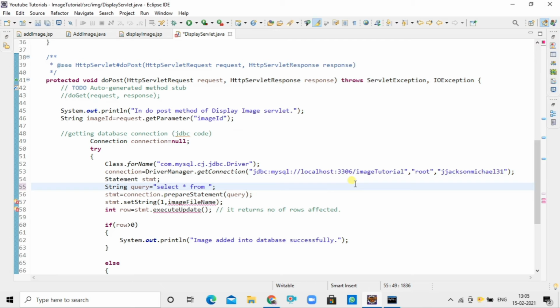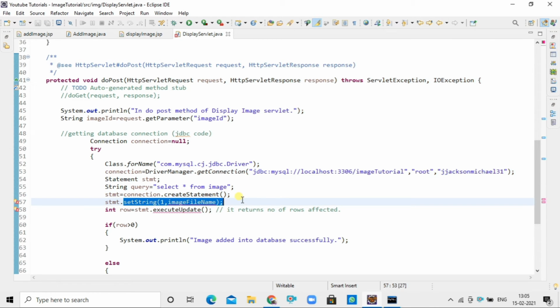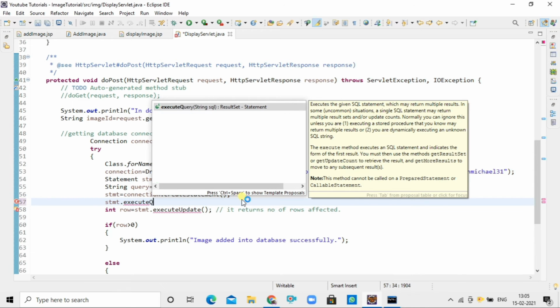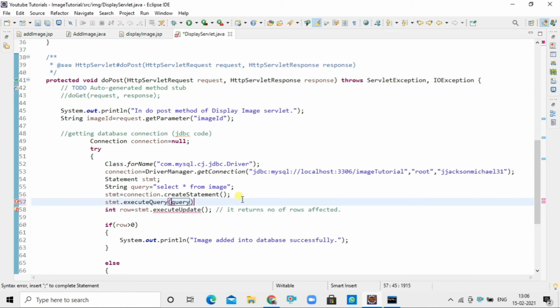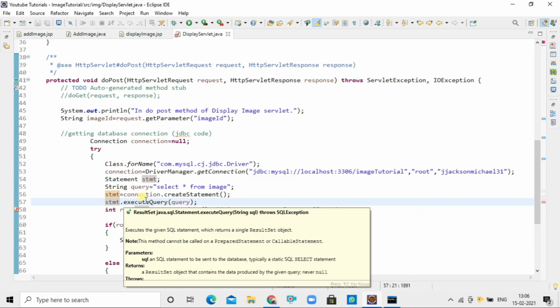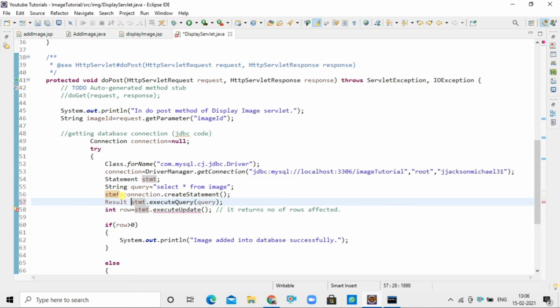And I will use the query as select star from image.